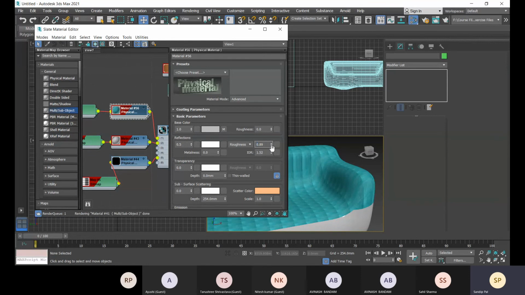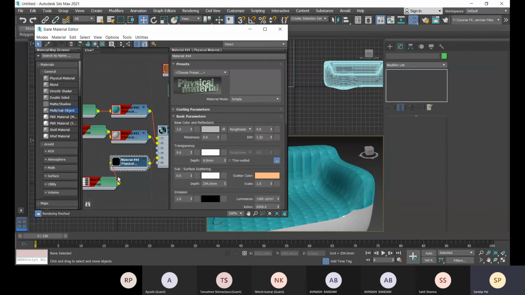Okay, so that thing you can control with this, so there will not be that much of reflection, and this is fine with this. Okay, all right, so this way you can control the material, how it will look like. Choose this, and the same roughness you have to provide.